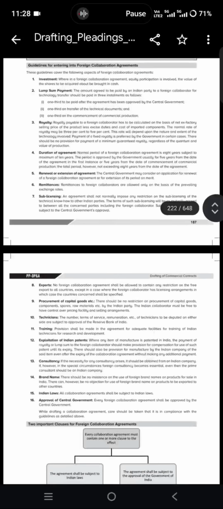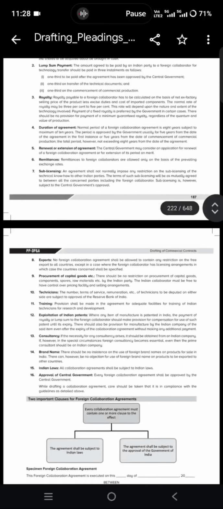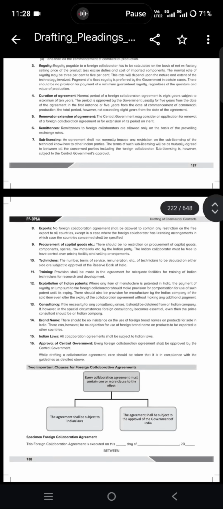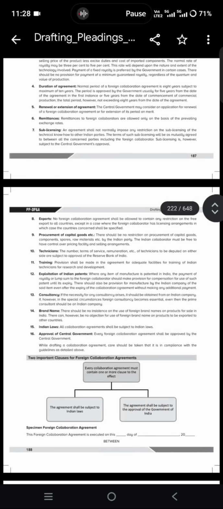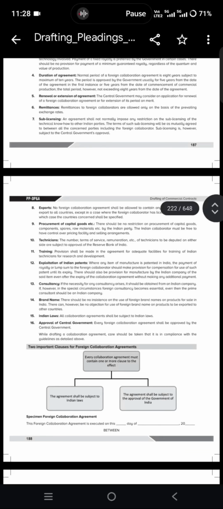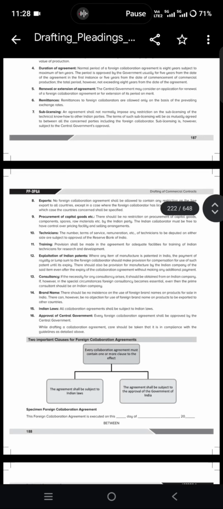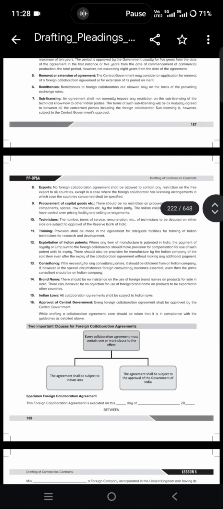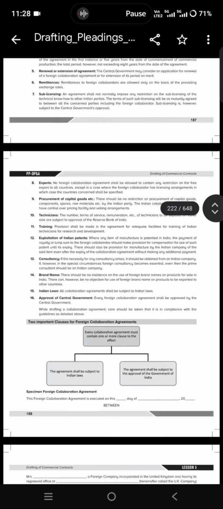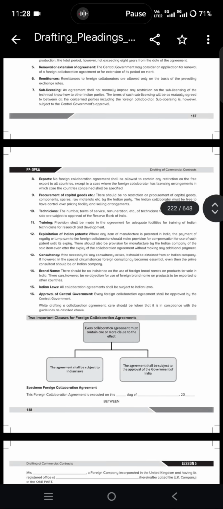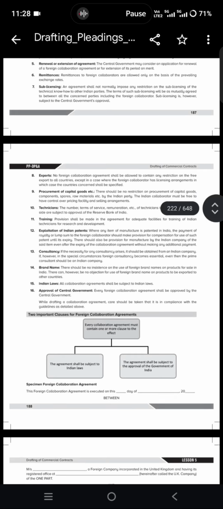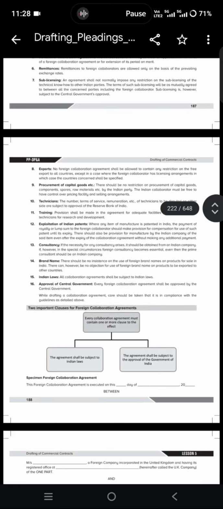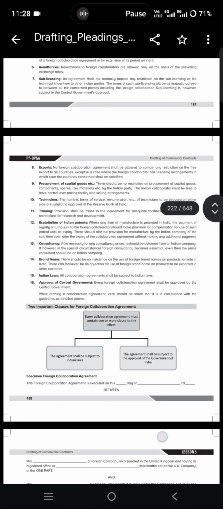The LLP is not bound by anything done by a partner in dealing with a person if the partner in fact has no authority to act for the LLP in doing that particular act, and the person knows that he has no authority, or does not know or believe him to be a partner of the LLP. Indemnity. The LLP shall indemnify each partner in respect of payments made and personal liabilities incurred by him in the ordinary and proper conduct of business, and for anything done to preserve the business or property.